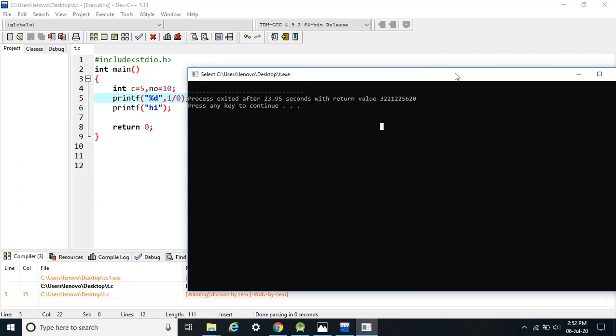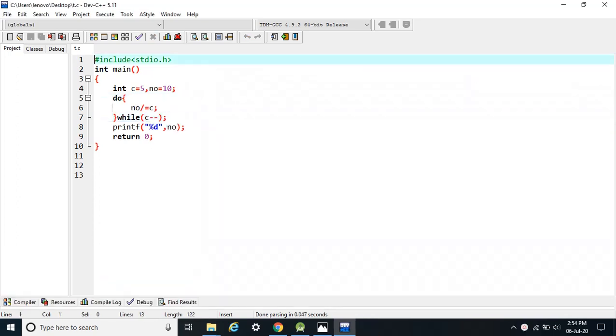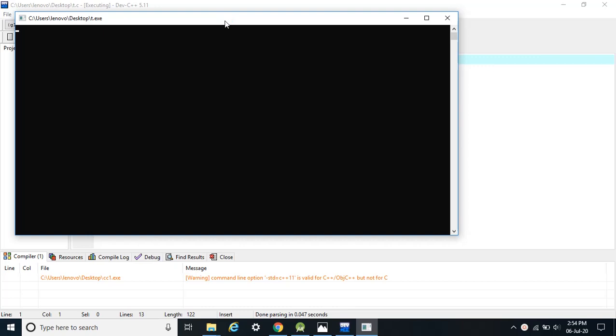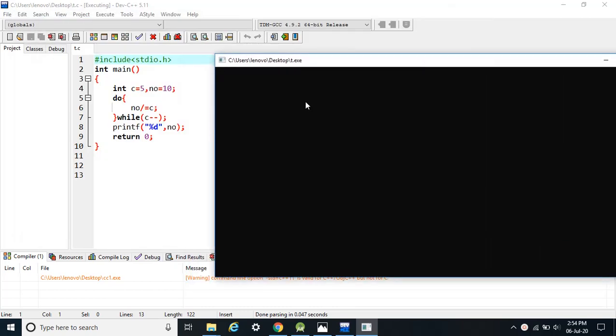Now let's move on to our original question. This was our original code. First let's run the code, then I will explain the logic. If you observe, the code is still running and we are not getting any output. Let's wait for it to finish. Come on. So observe that we did not get any output. Also observe the return value. The return value is not 0, it is a garbage value. So we got the runtime error. So the correct answer was option C, runtime error.